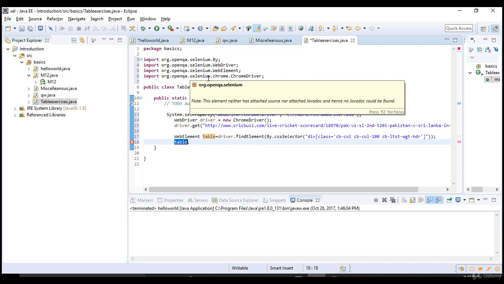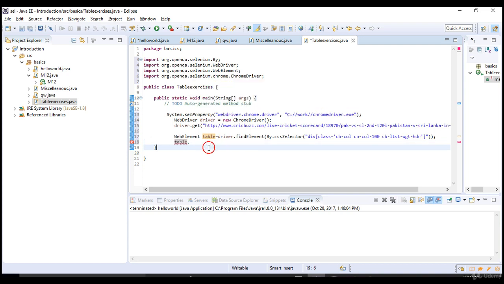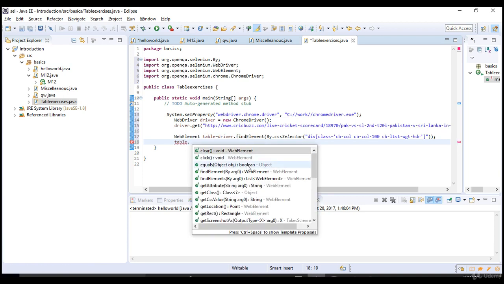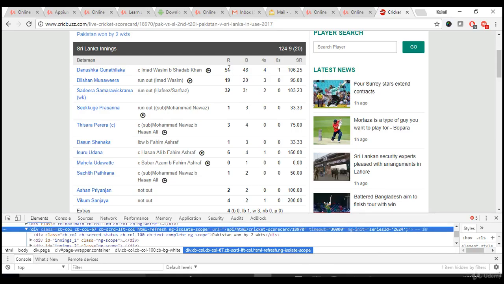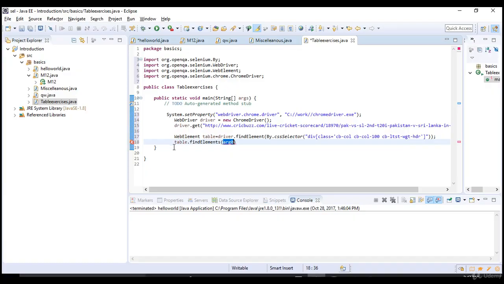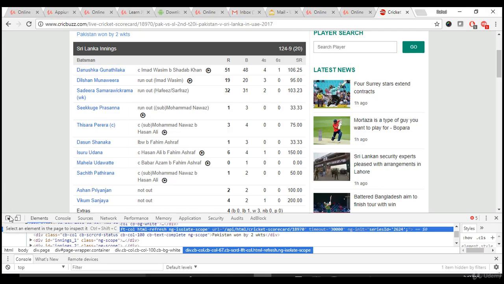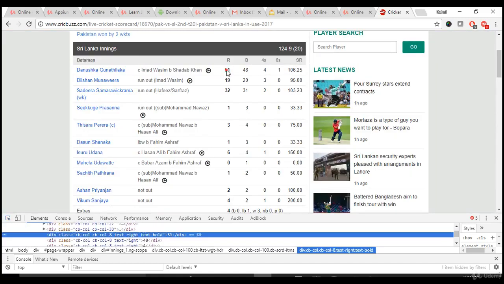Okay, if you want to search an entire page, then you can just use normally like how we are using in the previous lectures. Right, table dot find elements, not singular, plural here, because we are trying to find multiple elements, right? We are actually taking one common CSS which has multiple elements. For that reason you have to use plural, find elements. Okay, so when I spy it here, this is actual row. Let me expand my console.